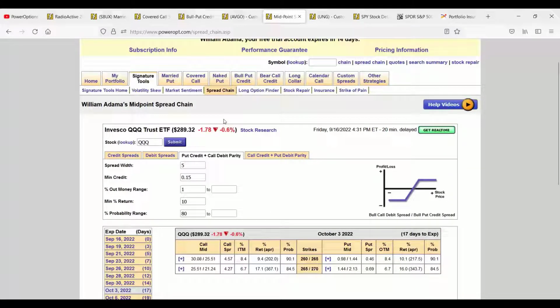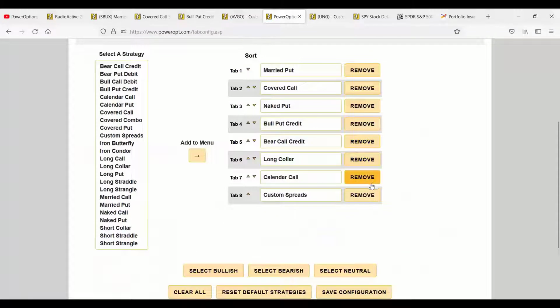A comment came in real quick. Do you have a parity for Condors? No, but again, you could follow the same process that we did manually. I know it's a little bit of a pain. But I'm sorry, let me go to other strategies. What I mean by that is that if I go into Iron Condor,